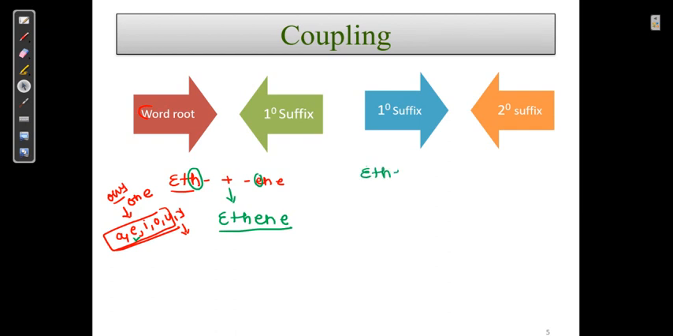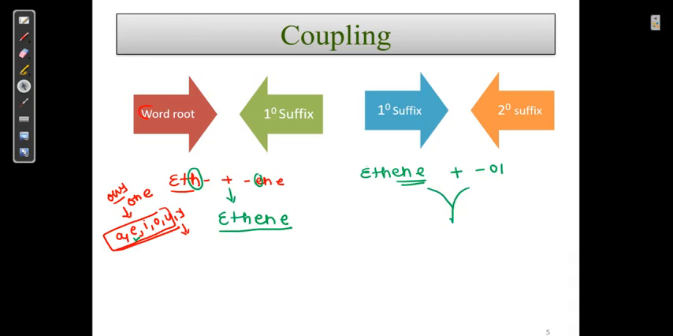Ethene means this is primary suffix plus secondary suffix. I will show you, but what the secondary suffix is and from where it comes, all this I will tell you. But suppose this is all. So when you join this together,